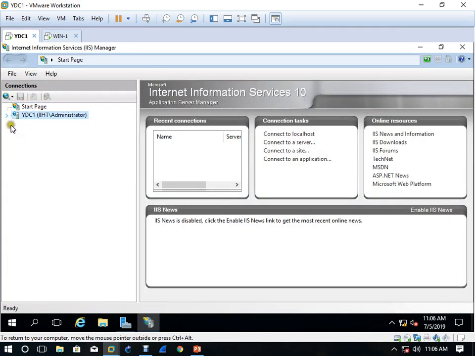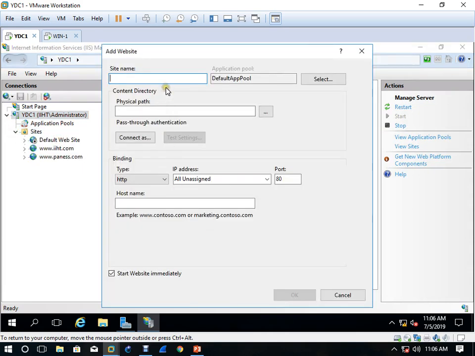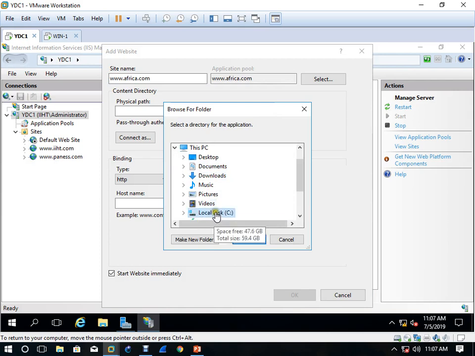So I have already deleted it. We'll create new one, right? Right click, add website. Physical path, C drive, sports website.